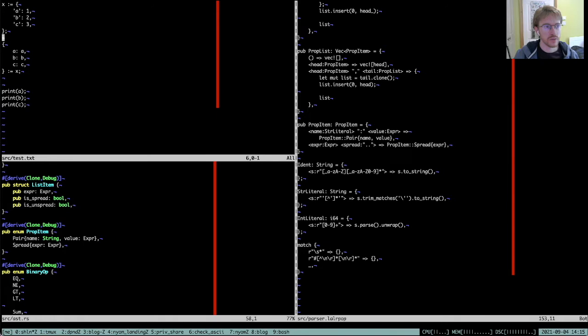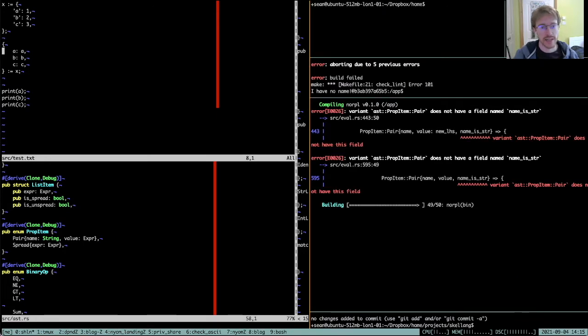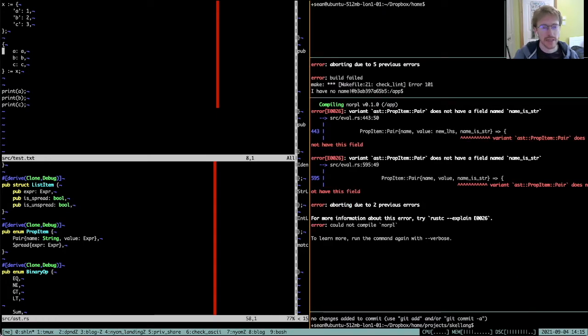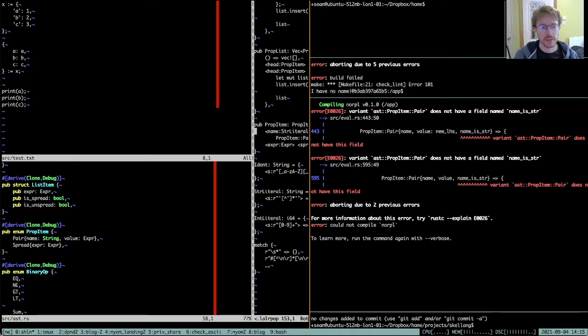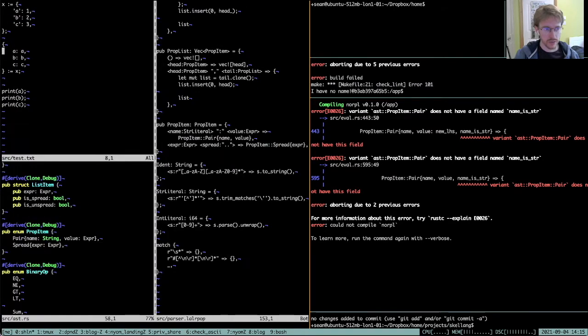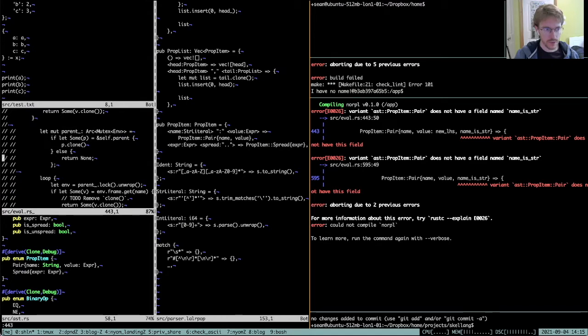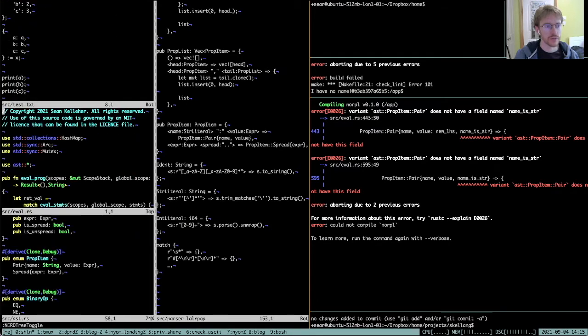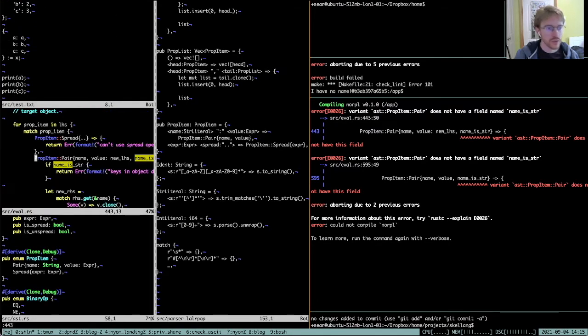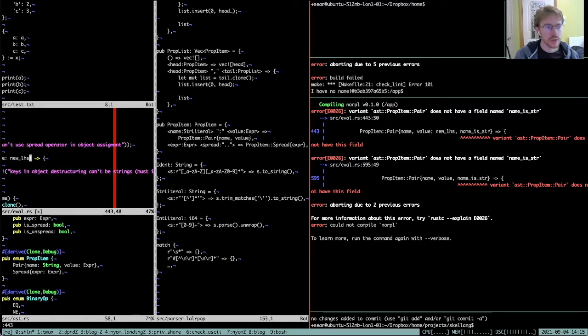So now that will mean, first of all, we'll be getting not a lexing error, but a parse error at this point. And so that doesn't have the field. Yeah, so that's in the evaluator now. Oh no, that's an old copy of eval. So 443 and